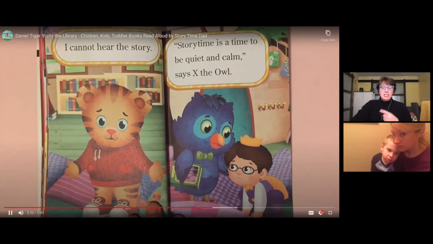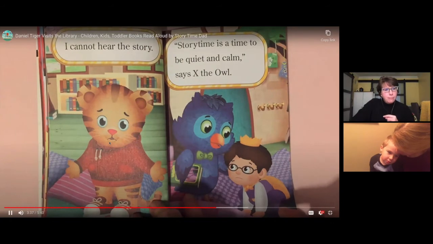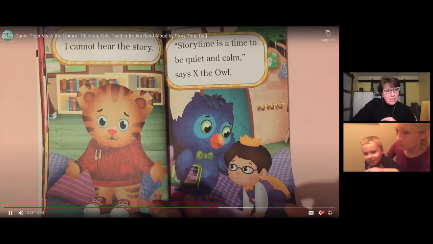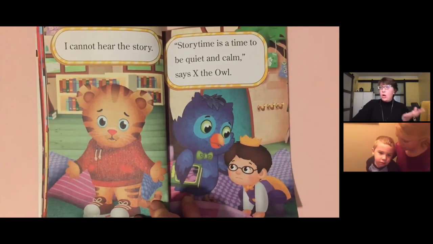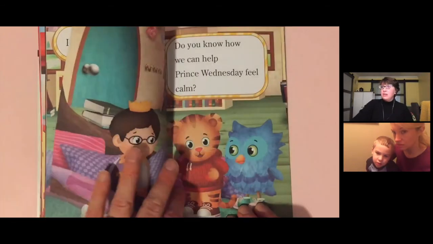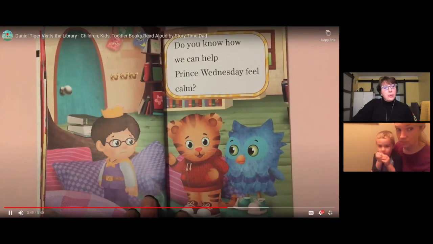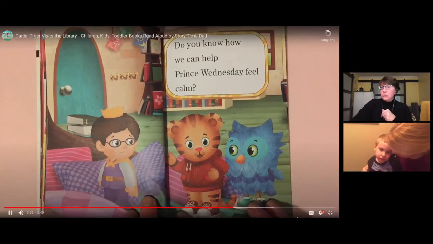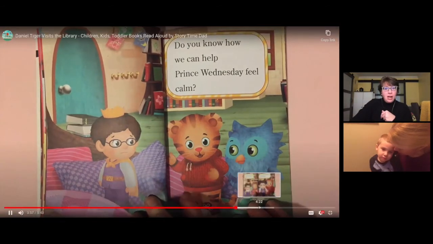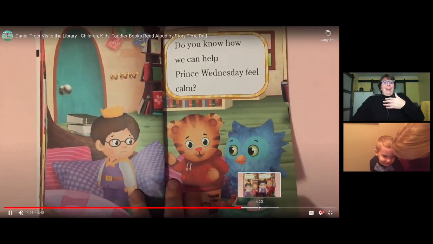Oh, look at this. How does Daniel feel here? Sad. He looks sad. He can't hear the story. He's so sad. He's missing the story. Do you know how we can help Prince Wednesday feel calm? Oh, do you remember how they got calmed down before? What did they do? They took a deep